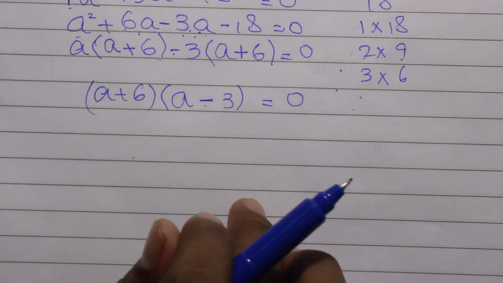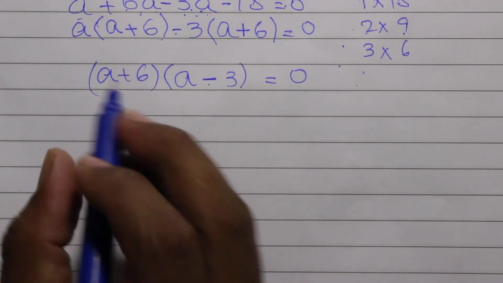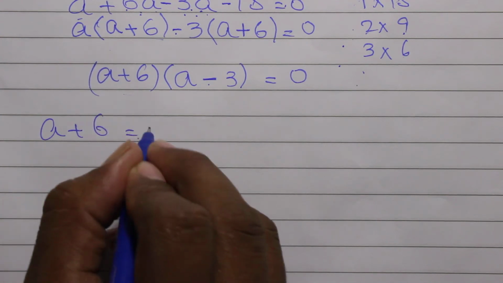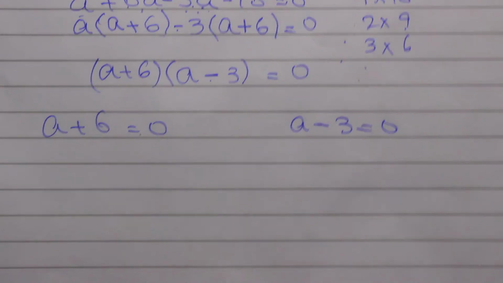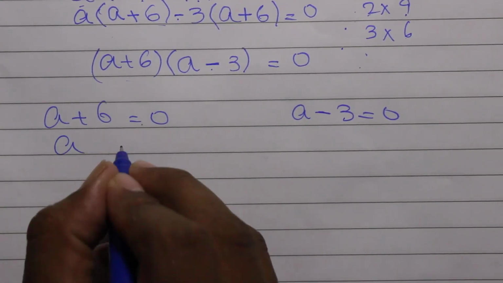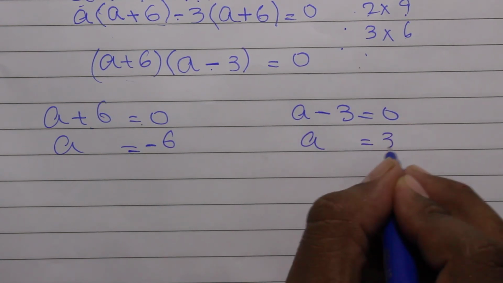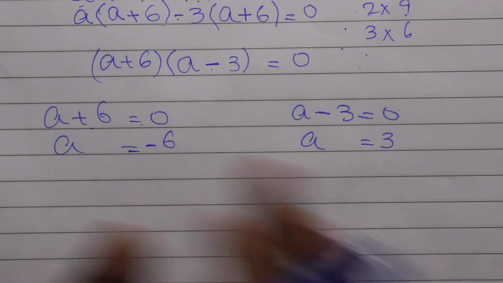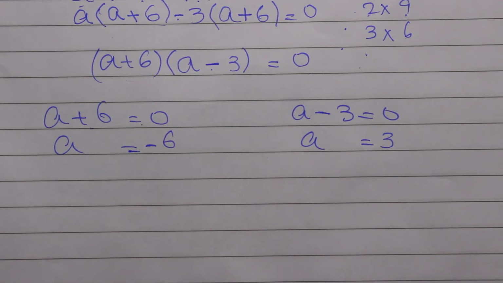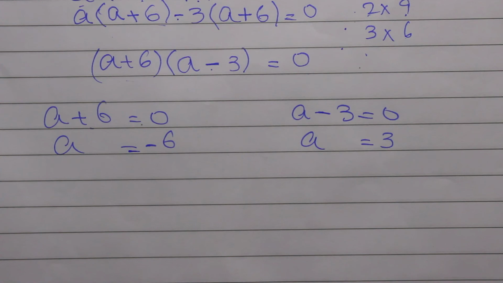Now they have become two factors. Now this factor will be equal to 0 and this factor will also be equal to 0. So now I can write a plus 6 equals to 0 and a minus 3 equals to 0. I can write my answer in these two ways. So a is equal to positive 6 transposed becomes minus 6, and a minus 3 equals 0 transposed gives positive 3. So I have a solution set where a is minus 6 and a is 3. We have two answers, as I told you in the starting of the question that we will have two answers of a, just because of the power. We have a square power on the a. Thank you.